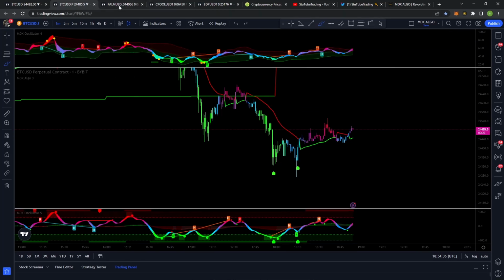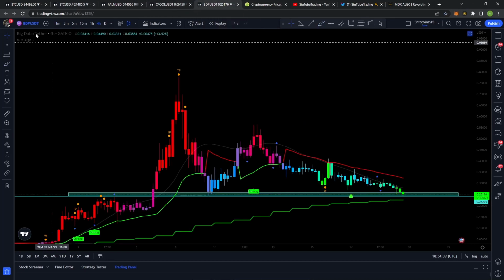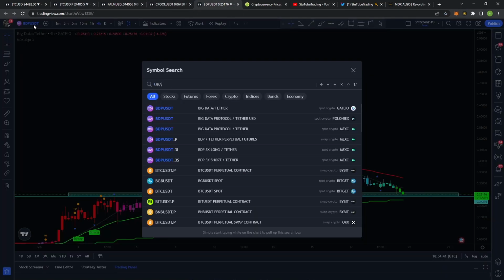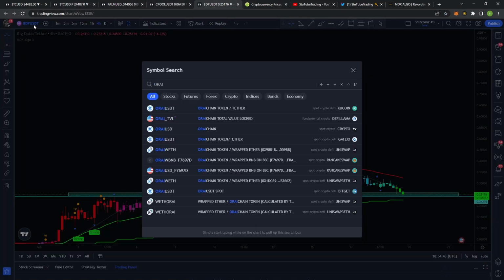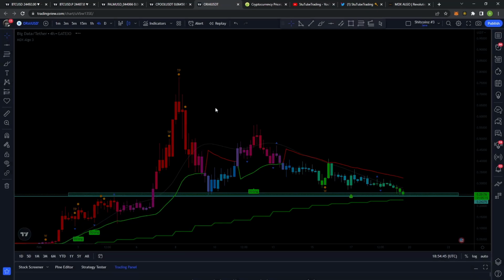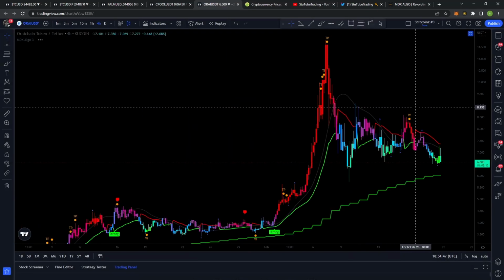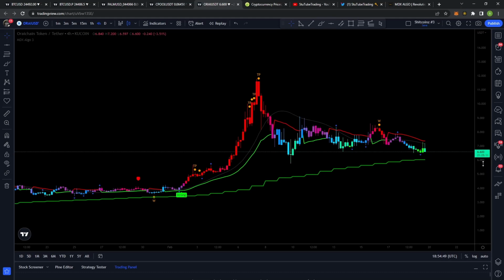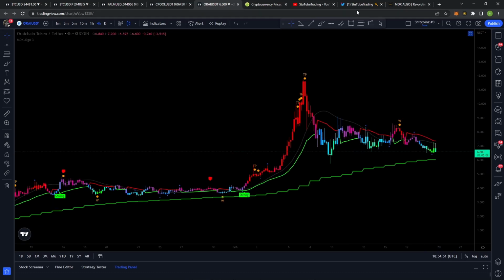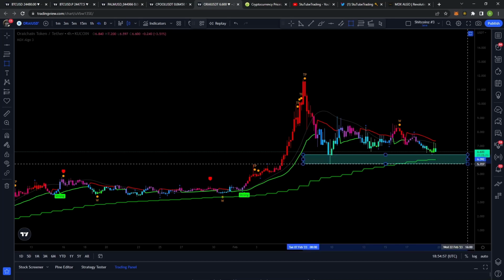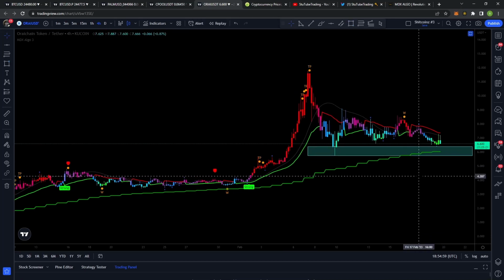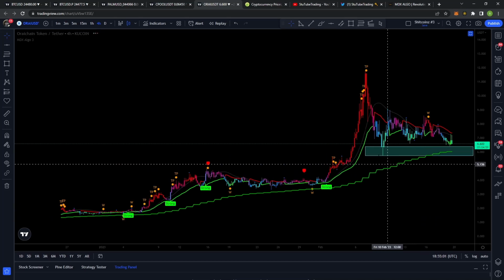Alright, KuCoin. Alright, let's check it out. I think we were talking about that one in the group yesterday. There we go. Yeah, for a while it wasn't showing up for me for some reason. This actually looks a lot like BDP's chart. It looks to me like we are trading near support right now. This is a 4 hour chart. I would be very interested to see if we can hold this level of